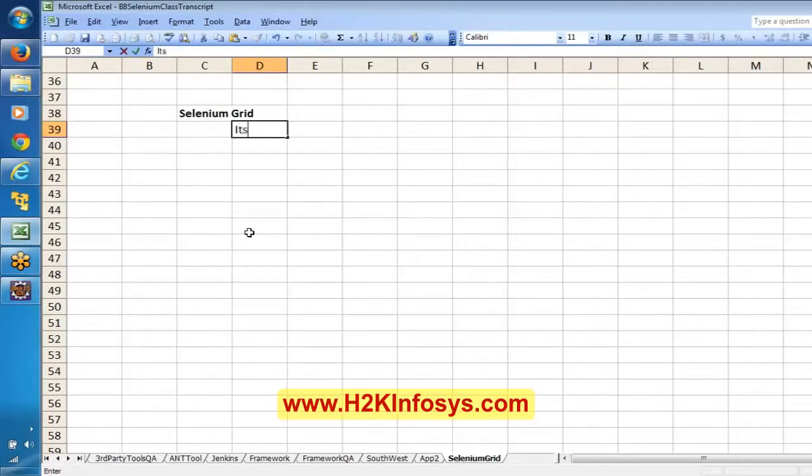It's one of the Selenium components. As I said, this is not a tool, it is a concept, a concept to execute multiple scripts on multiple machines.